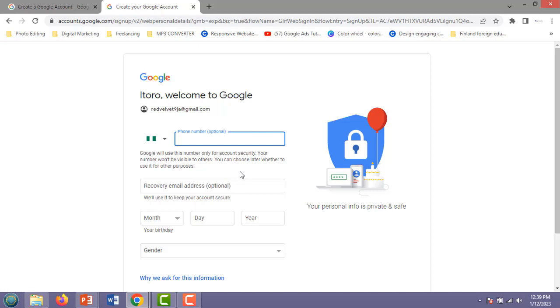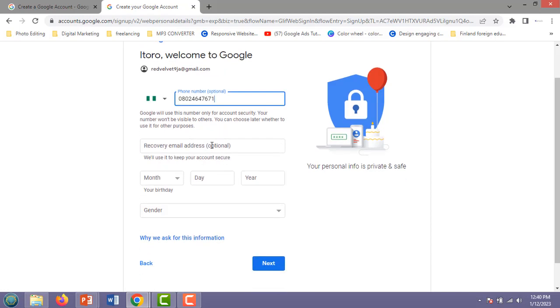So this is the point where you have to give them your phone number. The phone number that will be linked to your account is very important, because you'll be getting recovery codes on this number. So you need to give them a functional phone number, because you also have to verify this number at some point, to make sure that you are the person in possession of the number. As you can see, Nigeria is already selected here, with the Nigerian flag, but if there's any other flag, just click on the down arrow there and select Nigeria as the country